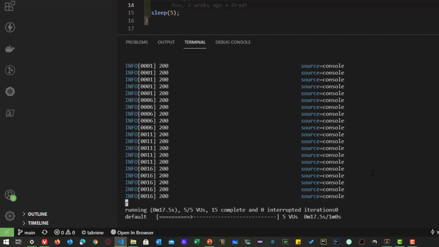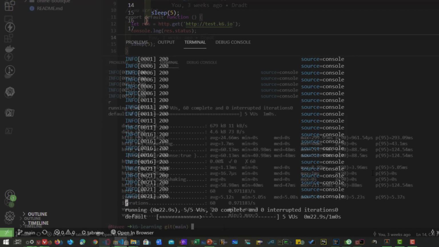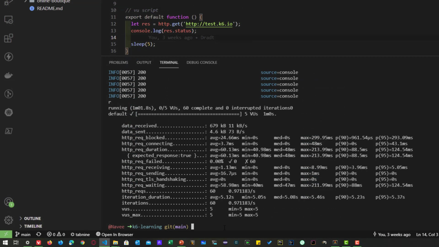Now let us wait for 1 minute, and then we can see the performance statistics in the console itself. Now the test is done. As you see, k6 displays a lot of information. It displays the data received, data sent, number of virtual users, and any failures. And you can see the HTTP requests blocked, connecting duration. Each HTTP stat will display the average, minimum, median, maximum, and percentile 90 and 95. So it is very elaborate, which is very helpful for performance engineers to drill down and get started on the recommendations. Now let me execute the online boutique.